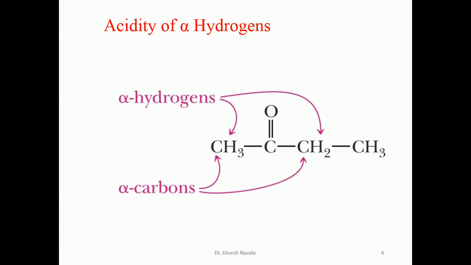Why are we going to discuss the alpha hydrogen atoms? Because this carbonyl group, which is an electron withdrawing group, is going to withdraw the electron density of this carbon-carbon bond towards the carbonyl group, making this carbon-hydrogen bond weak. As soon as the carbon-hydrogen bond becomes weak, the hydrogen becomes acidic and a base can easily remove that proton. So due to the acidity of this alpha hydrogen atom, this carbonyl compound can exhibit keto-enol tautomerism.